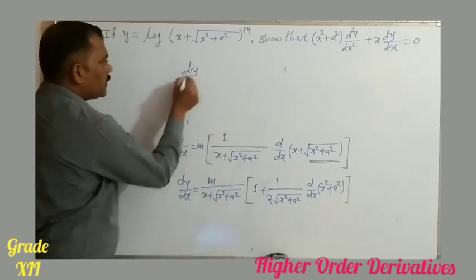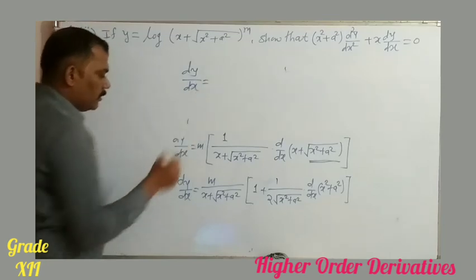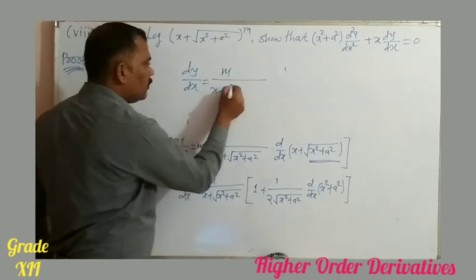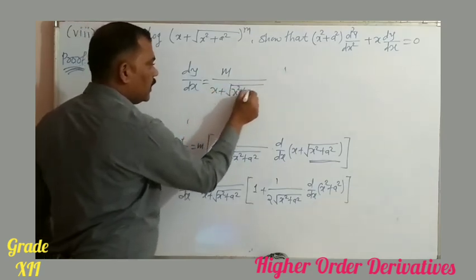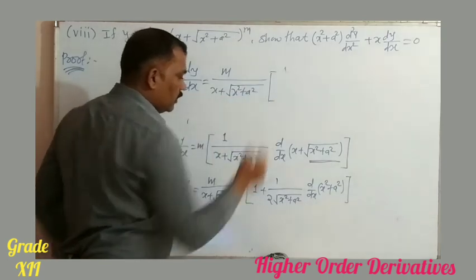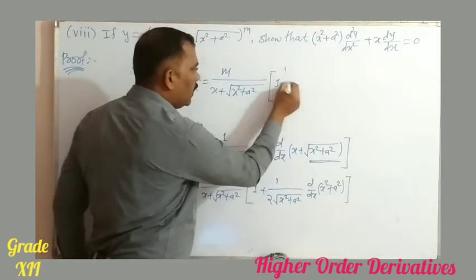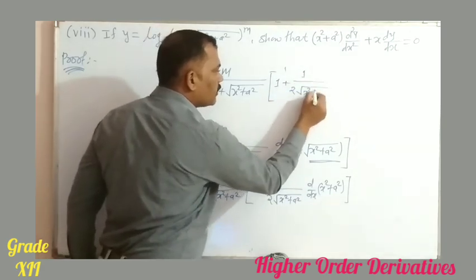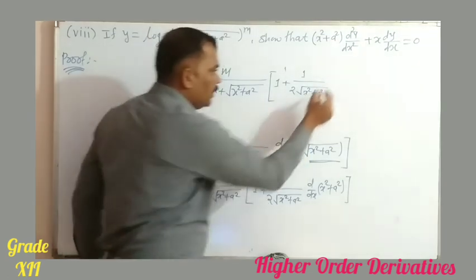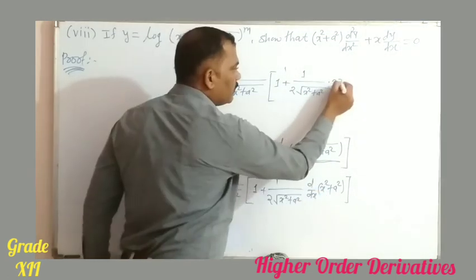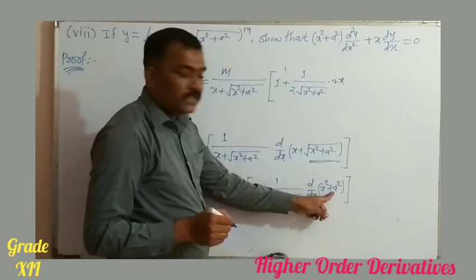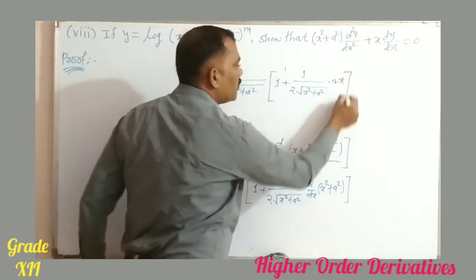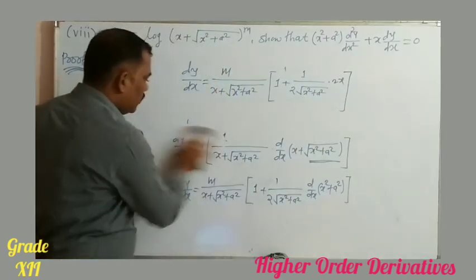So what we have to get, dy by dx is equal to m divided by x plus root of x square plus a square into, here we have to see that 1 plus 1 upon 2 times root of x square plus a square into, what is the derivative of x square? It is nothing but the 2x plus, what is the derivative of a square? 0. 2x plus 0 is nothing but the 2x. To get cancelled, so what we have to get here,